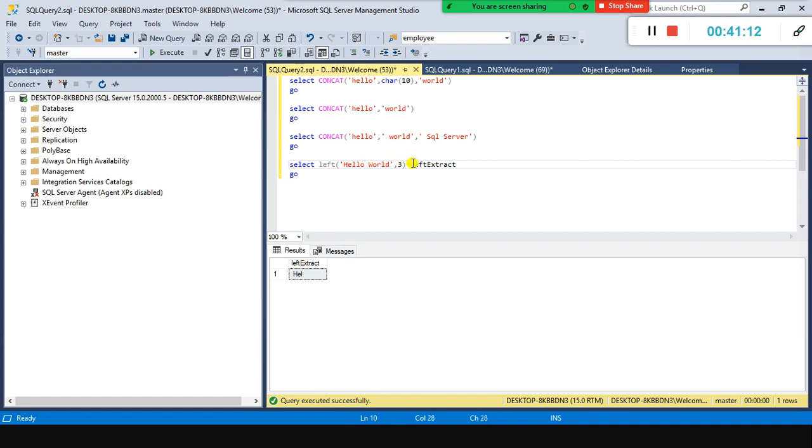If I put 4 here, HELL. Similarly, if I use the RIGHT function, the right side of the string, if you want to extract a specific portion of your string on the right side, you can use it. So ORLD, the 4. So this is my right extract.